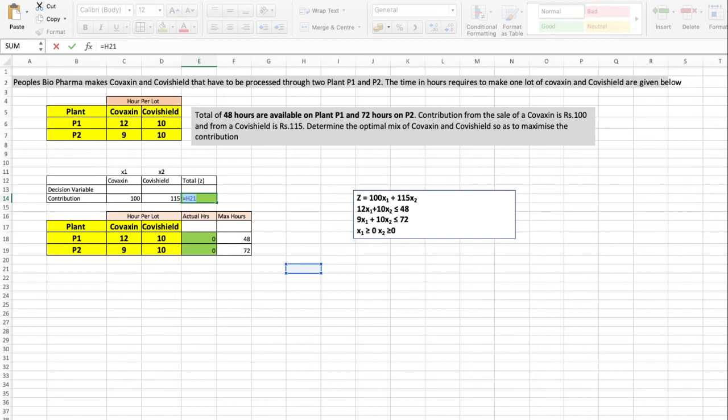Equal to 100 x1, that is this, plus 115 x2. Okay. So we made it. Next is solving.